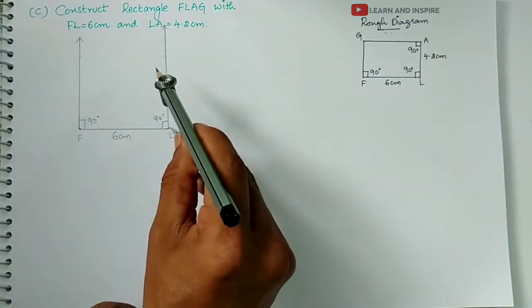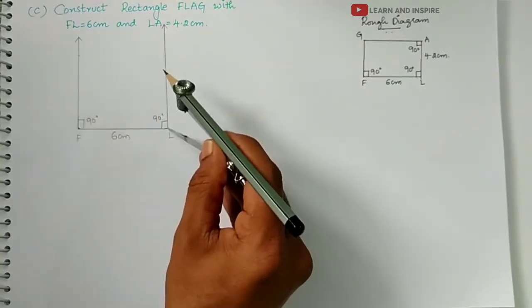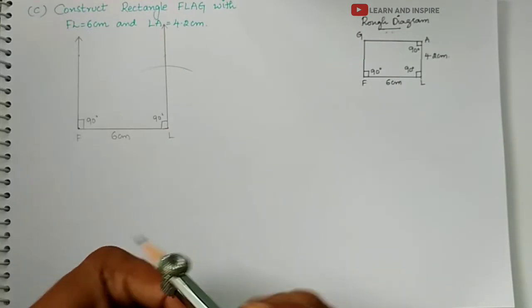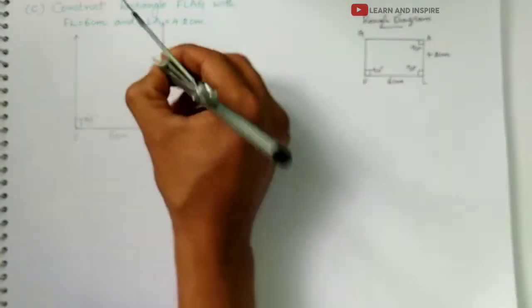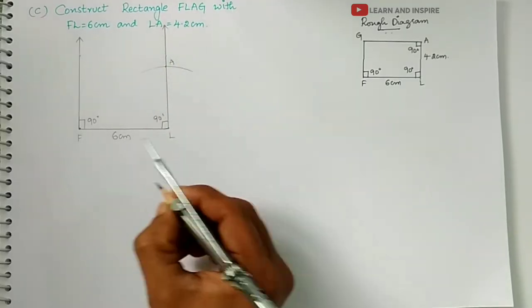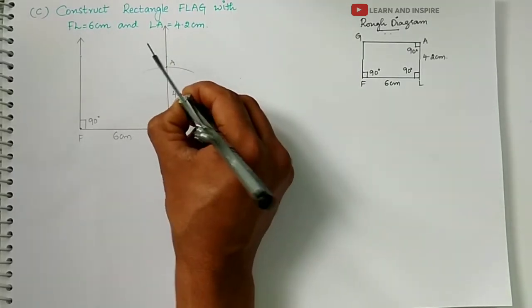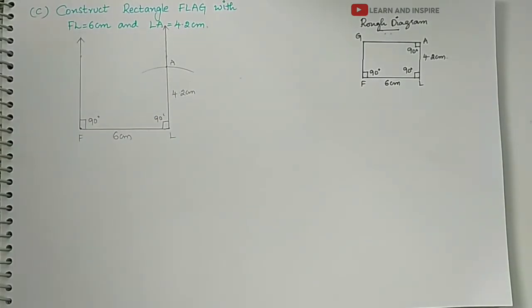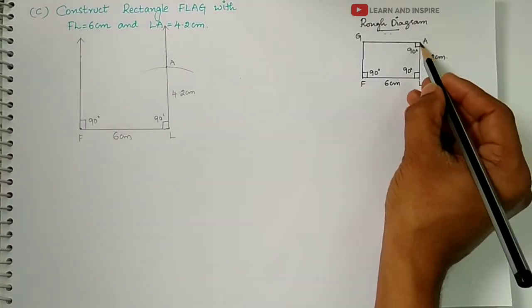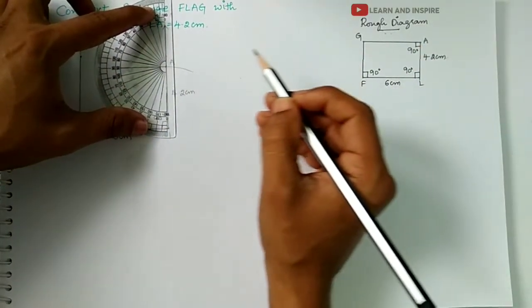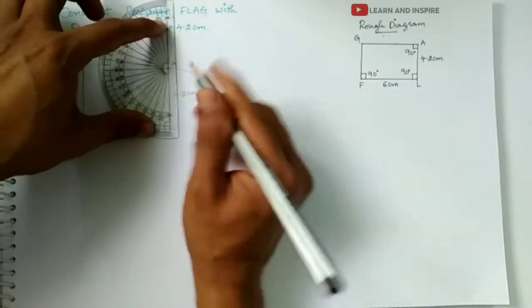With L as center of radius 4.2 centimeters, draw an arc and the intersecting point name as A, and write this as 4.2 centimeters. Okay, next step, with A as center we have to construct an angle of 90 degrees. So with A as center, this is point A,